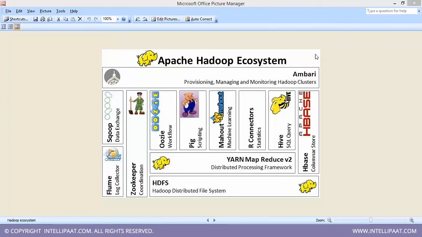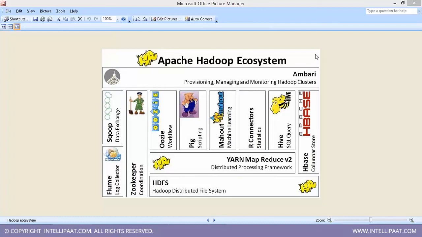So there are two ways of executing all the jobs. Either I do it manually, or I put all the jobs into one single file or a workflow mechanism, and that would be Oozie. So automatically, all your programs will be executed one after the other, on the completion of the first, second, and third program, in a sequential manner. So that is what Oozie does. It allows you to run the entire process one by one in a scheduled way. Plus, it also has a schedule attached to it, so you can schedule your jobs whenever you want to run the job. So automating the entire process becomes part of the Oozie workflow.